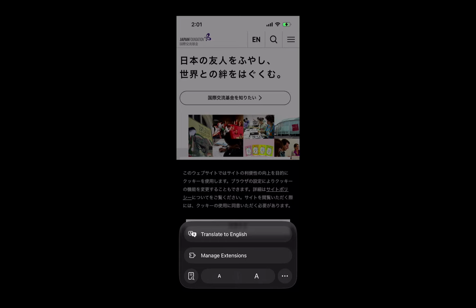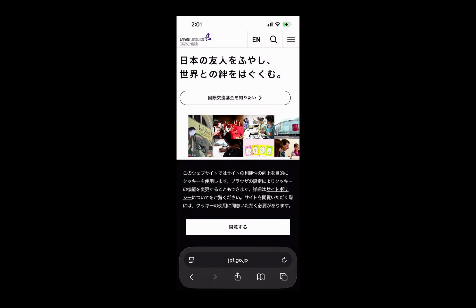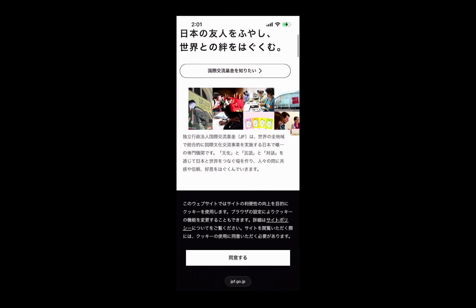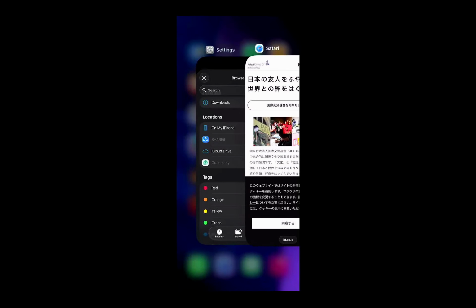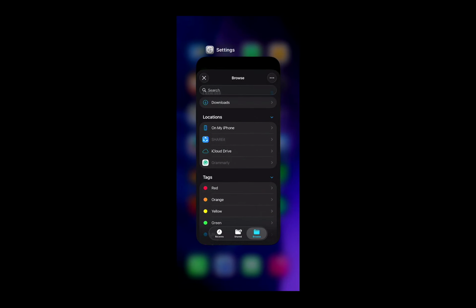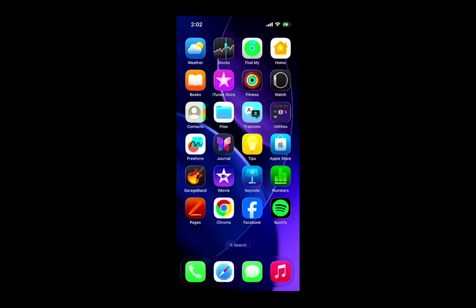In today's video, I'm going to teach you how to translate on Safari iPhone. If you've ever landed on a web page that isn't in your language, Safari on iPhone makes it simple to translate right inside the browser. This feature is built in on devices running iOS 14 or later, and it supports several languages including English, Spanish,